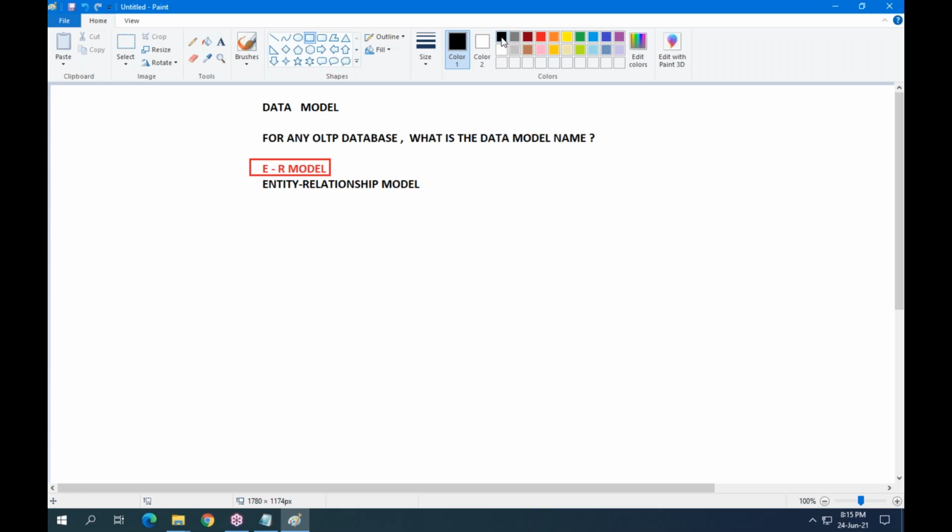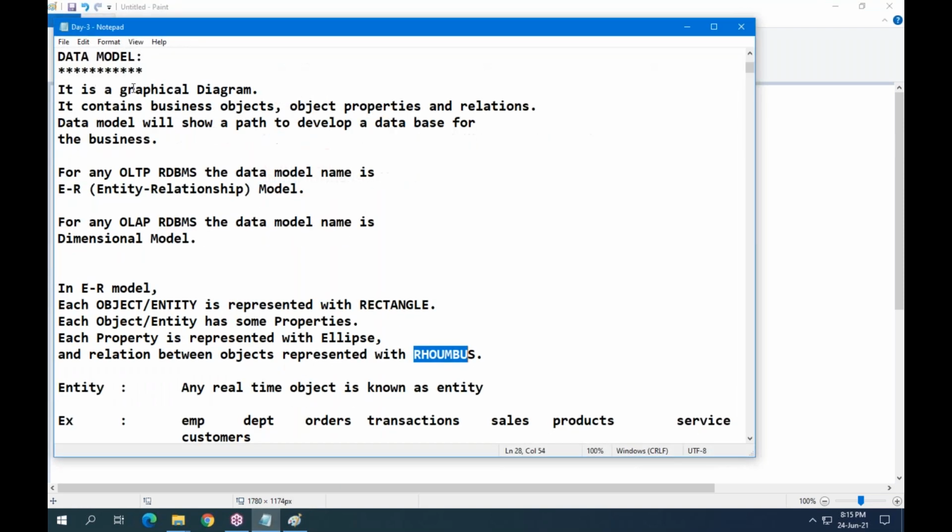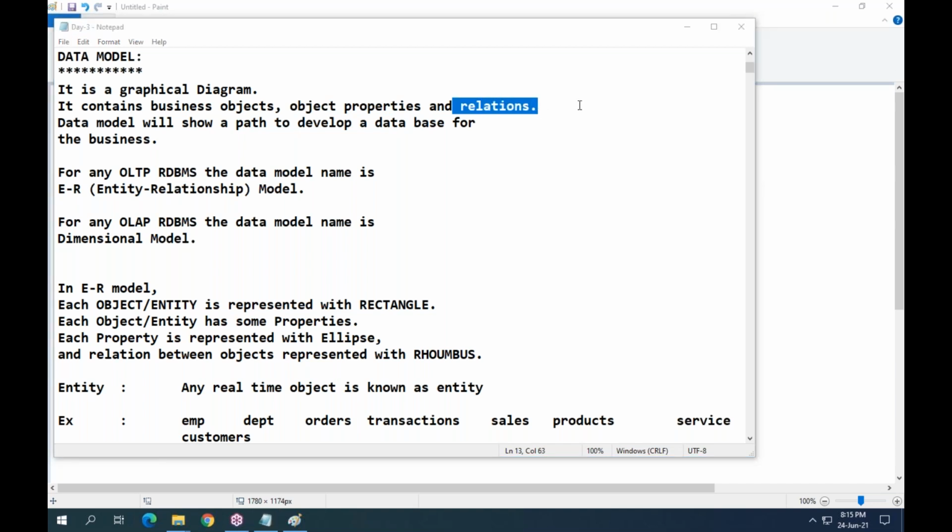So how do we draw the data model? Again, what is a data model? It's a diagram. It has objects, properties and relations.